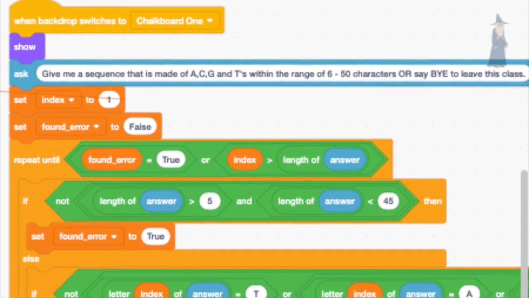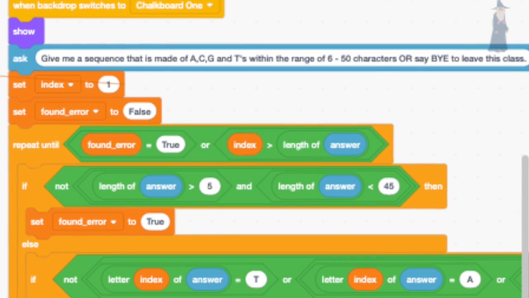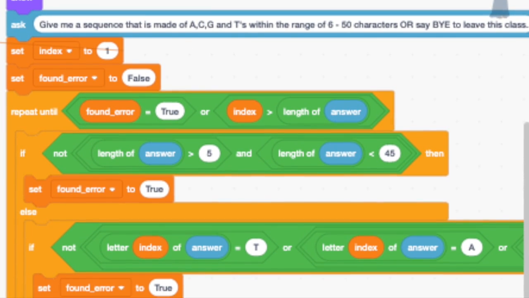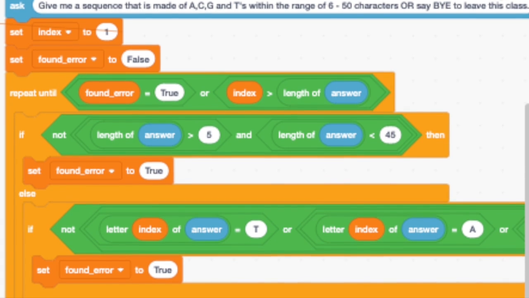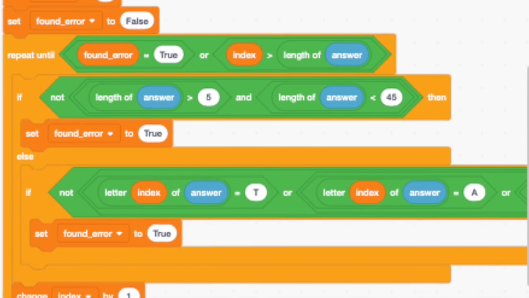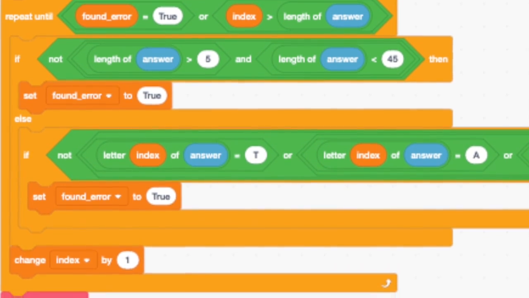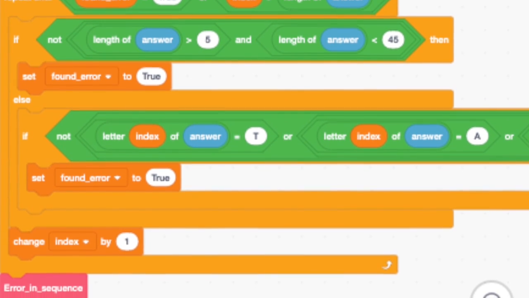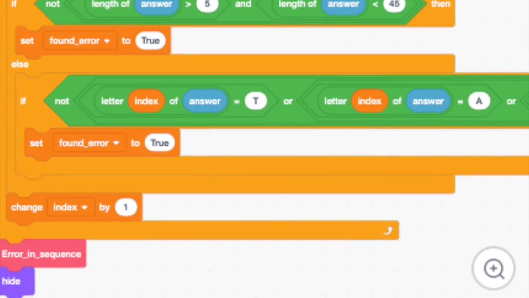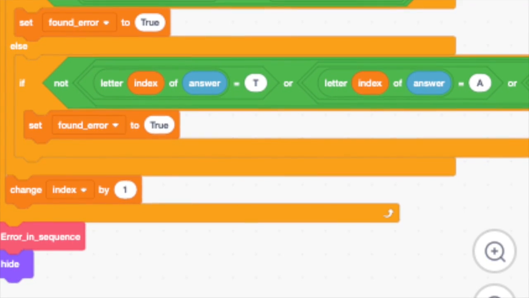So the whole point of this function is that you set the error to false, and we use this idea from term test 2 question 2. So if found error is set to false, you would run through the whole sequence until you find an error or until you have gone through all the characters in the sequence. If there is a character in the sequence that is not supposed to be there, that would change found error to true. And once found error becomes greater than 1, so it's true, or there are multiple errors, then